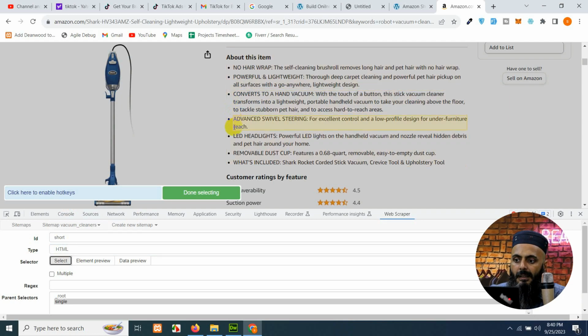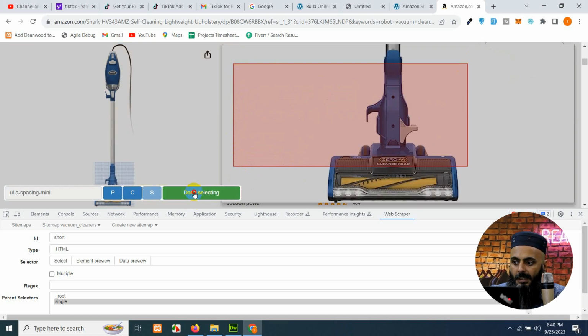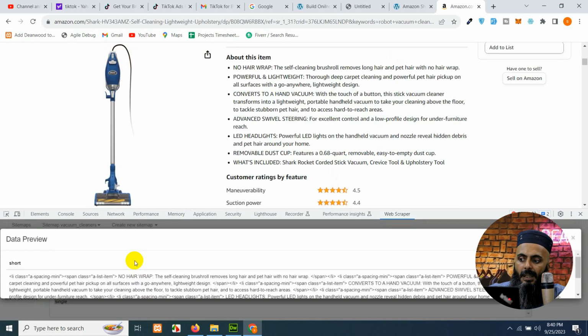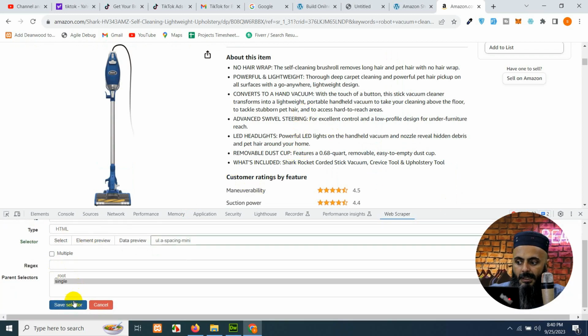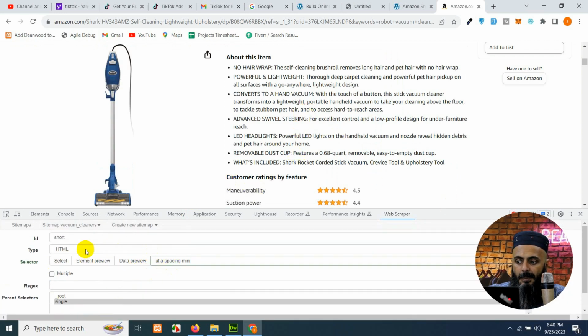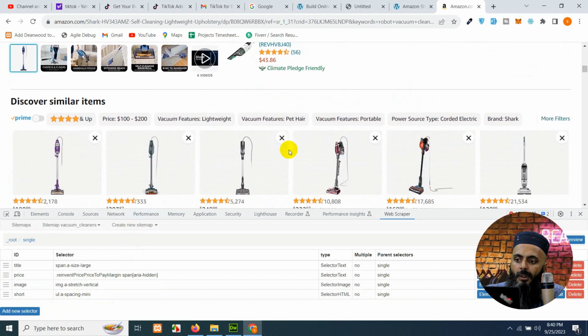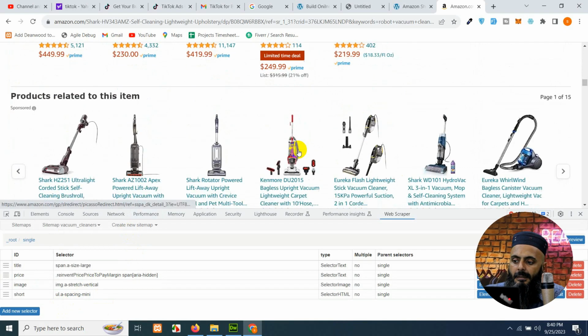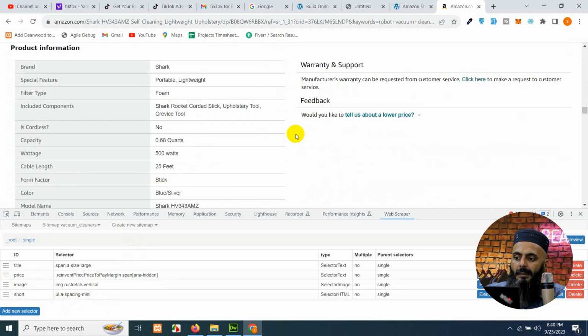Let me select where we do not choose the title of this short description. Just see, you have the LIs for the short description and it's in HTML because we already chose the HTML type. Okay, click on save selector,